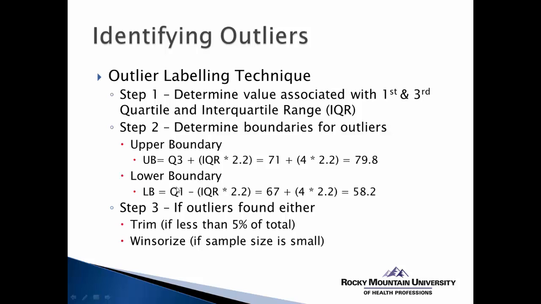Now for the lower boundary, we take the first quartile, and from it we subtract the interquartile range times that constant of 2.2. In this case, our first quartile score was 67, and to that